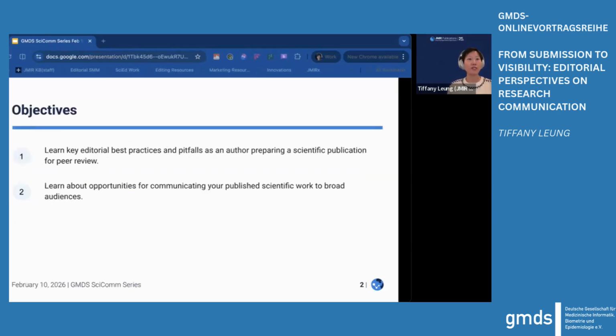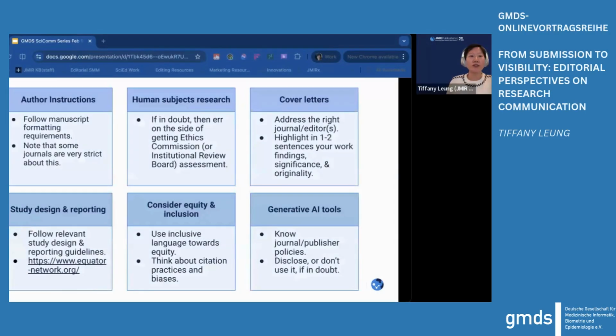So things I'll cover today will primarily focus on the first aspect, because of the scope of my work every day regarding editorial aspects and perspectives in preparing your work. I would be remiss to miss the opportunity to also share with you some opportunities for disseminating work, as there are many ways to do that as well. And so I'll share from JMIR Publications some of the things that we do or offer to be able to do so. What I'd like to cover today for the editorial aspects of the conversation is these items that are